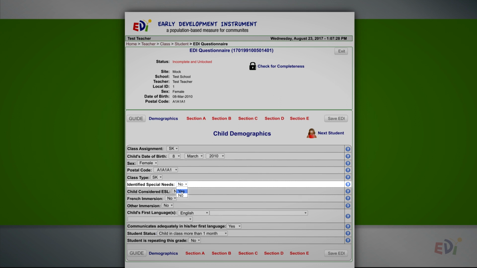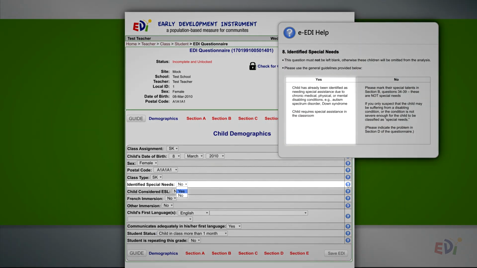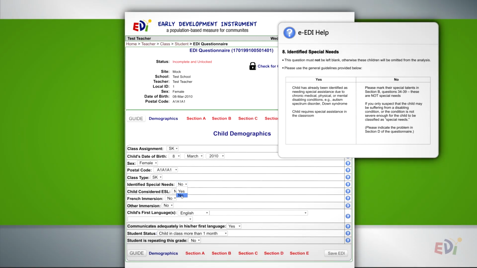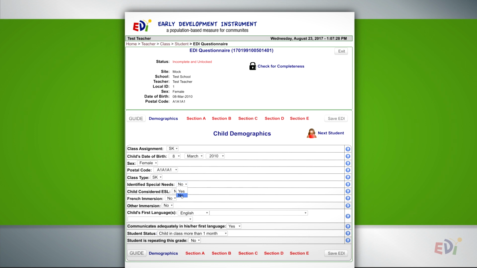In general, you would respond yes to this question if the child has already been identified as needing special assistance due to chronic medical, physical, or mental disabling conditions, or requires special assistance in the classroom. You would respond no to this question if you only suspect that the child may be suffering from a disabling condition, or if the condition is not severe enough for the child to be classified as special needs. Please refer to the general guidelines as well as the specific provincial or territorial guidelines provided in your EDI guide